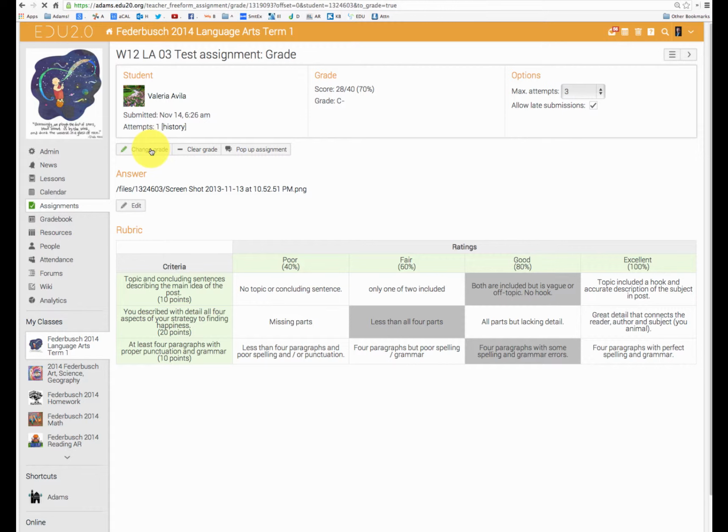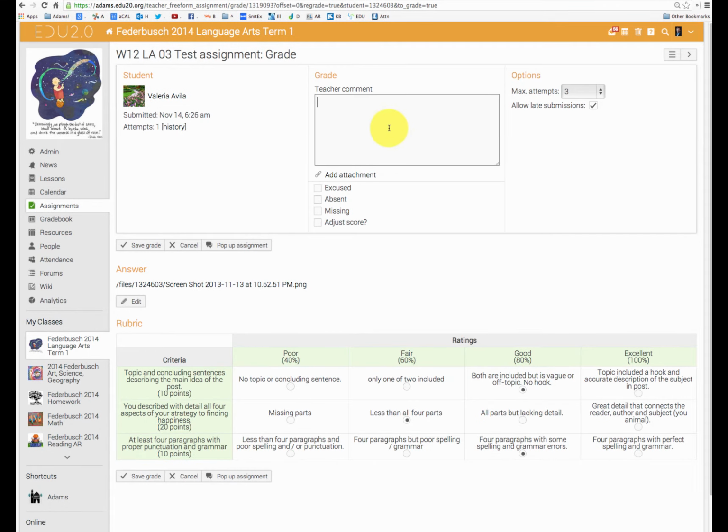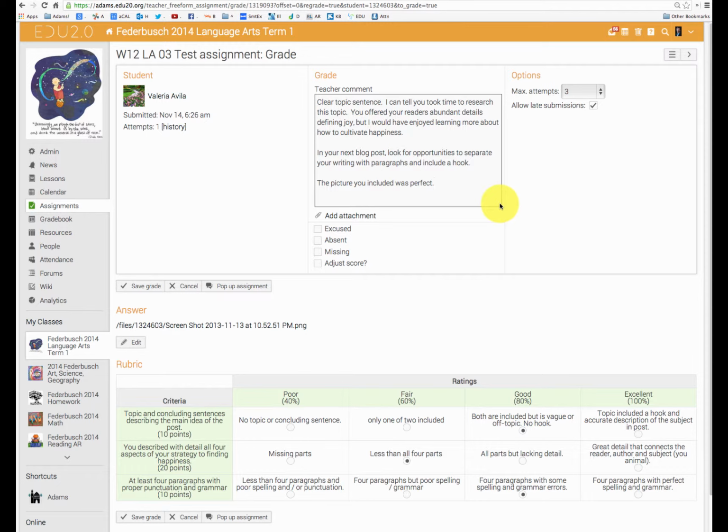Here's the most powerful feature for me, though, is to give them the feedback of what I think they did well. I take the time to make really detailed comments back to them. I feel like when it's timely and it's relevant and it's precise, it can be powerful. And so I try to grade these as soon as possible, and this tool allows me to go through a lot of them in a pretty short amount of time.